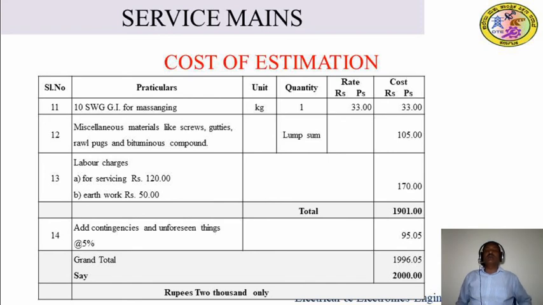So all those cost values you have to add, and add the contingency at 5%, and the total and contingency cost will be added. So what you get is the grand total cost. So this cost, if it comes to a fraction, you have to consider the total cost in a round figure and write it in words. So that is simply what we call the estimated bill of material. So in this way you have to calculate the bill or estimated cost of a given problem, of providing a 3-phase supply to a factory. How much amount is required? 2000 amount should be required.